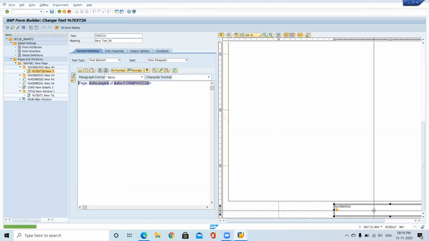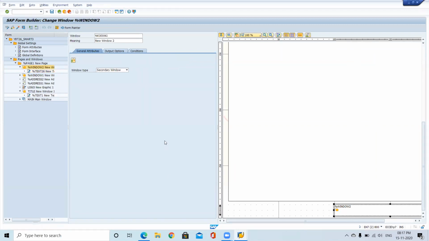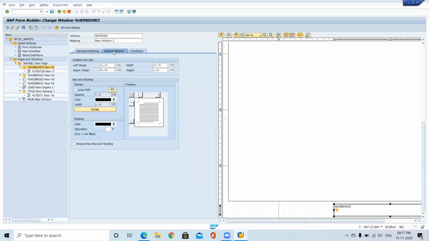Sometimes they want to see the page number at the top. Sometimes they want to see the page number at the bottom. If you open any book, you can see the page number at the bottom. So that depends. They will tell whether it is at the top or at the bottom. So it depends on the requirement. Just change the position. Now this position, left margin is 28.5. If they are expecting it at the top, just give 0.5. Automatically it will go to the upper side. So the scenario is the same. So just activate.